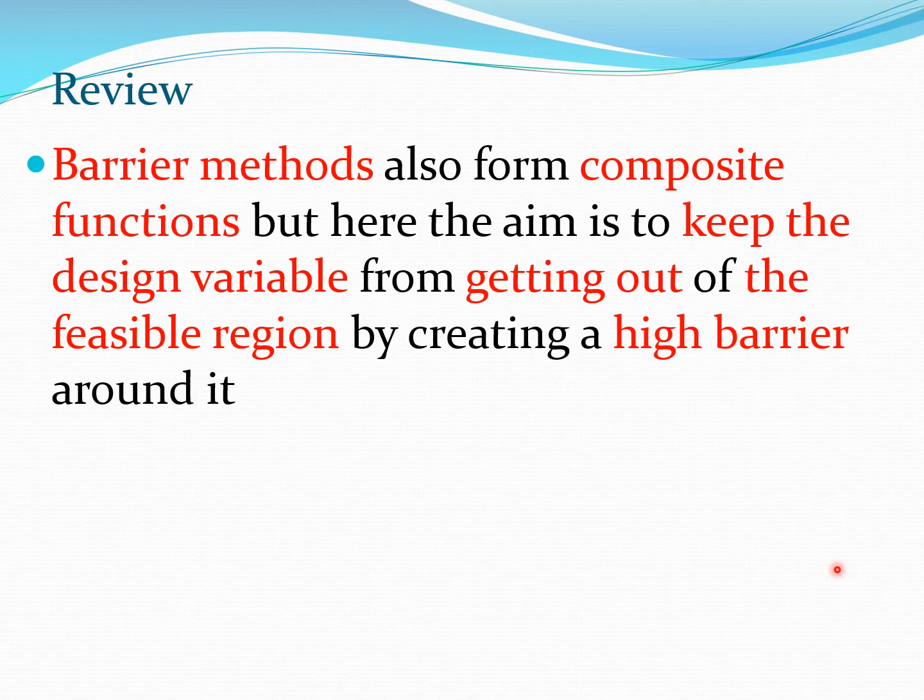Now, beside penalty methods, which typically move in from the infeasible region into the feasible region, the barrier methods essentially create composite functions so that the design variable stays inside the feasible region. So you can look at these methods as creating a high barrier or a wall surrounding the feasible region, and then the design point cannot escape from the feasible region. So as it nears the boundary of the feasible region, the barrier becomes very high and the composite function becomes very nonlinear and very high at this point, and the optimizer you are using will push you back into the